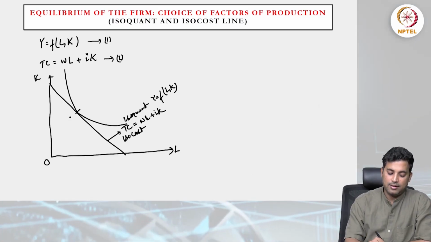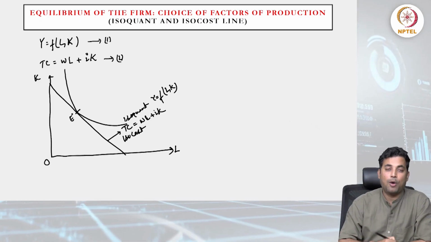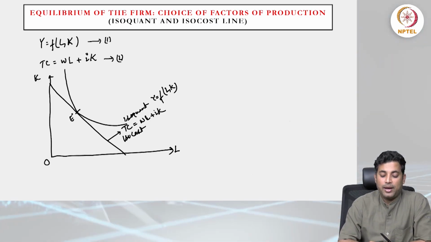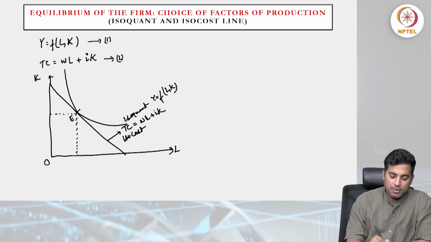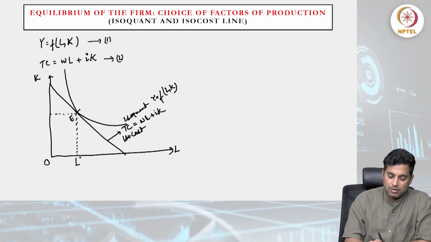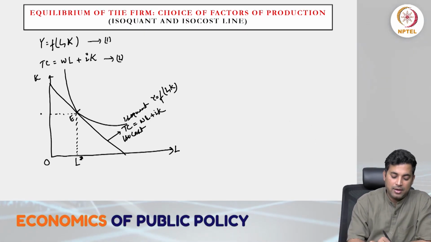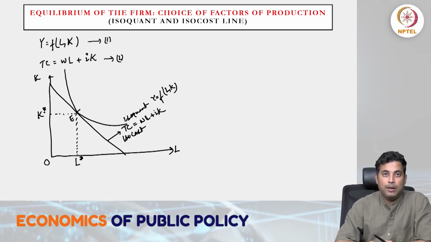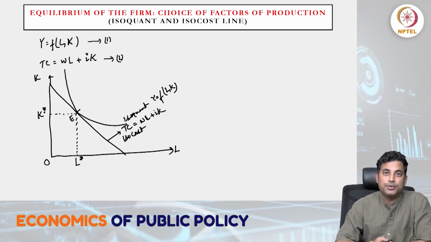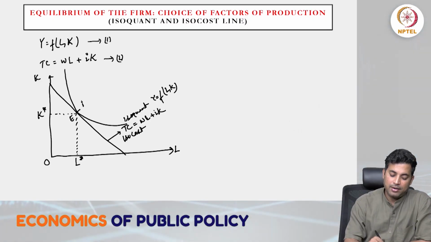Here, at point E is the optimization point where the producer will optimize, using OL star amount of labor and OK star amount of capital optimally to produce goods and services. So this is like MRTS,